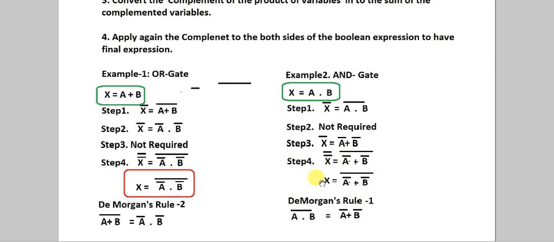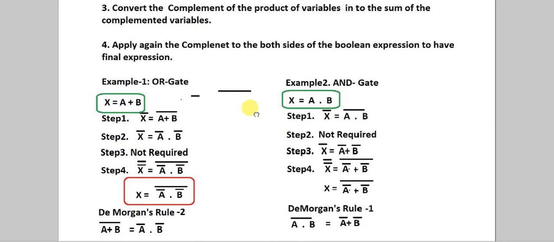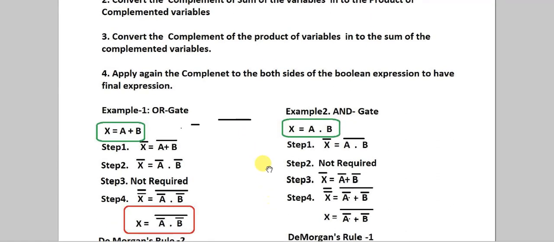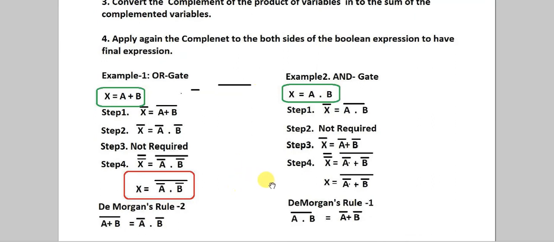This is the result, which at some stage we may need, in certain configurations of logical equations, for simplifying the circuitry. Okay, dear students, with this we reach the end of De Morgan's theorem. I have attached the details in a document on De Morgan's theorem. You can read that and practice further to improve your basic learning.